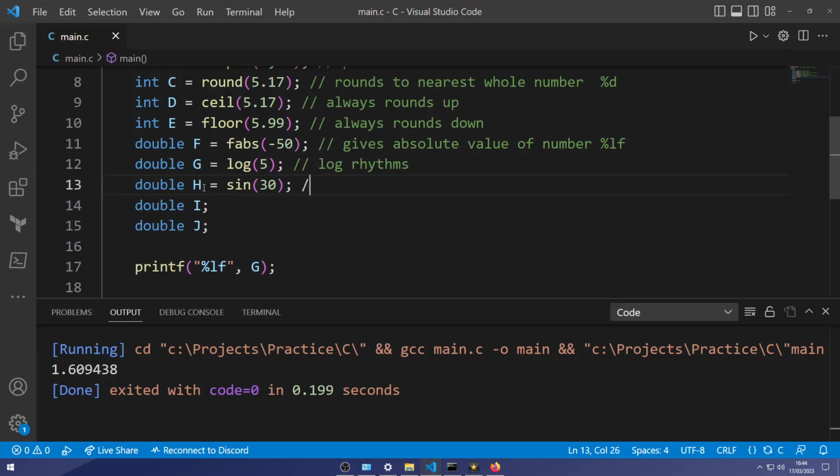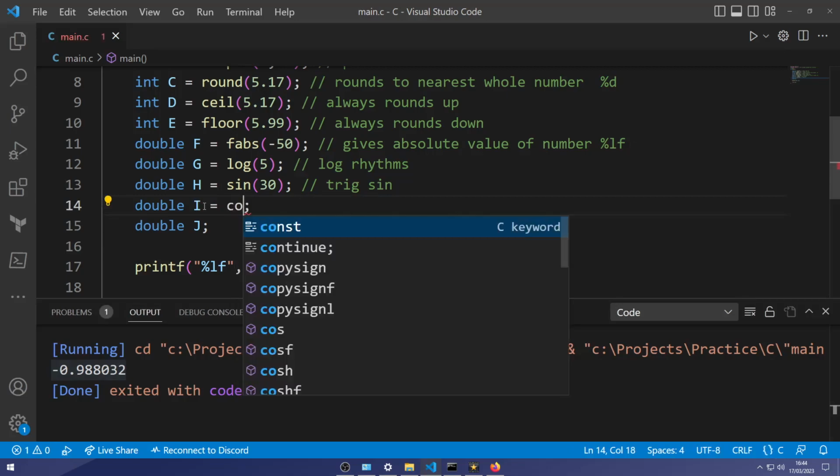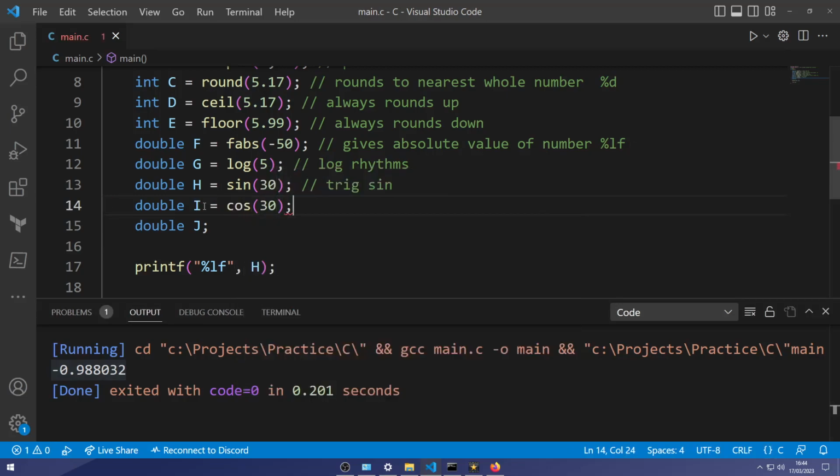Now we're getting into the space of trigonometry. So h is going to be trig sin, or sine. The next one is cosine, so we just use cos for short.